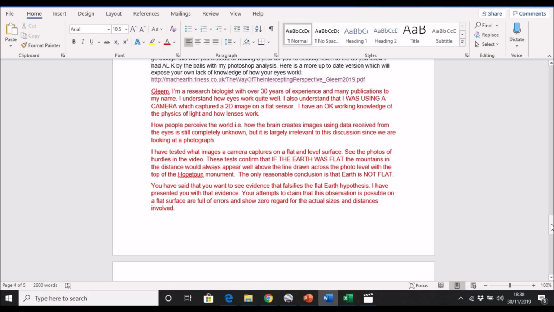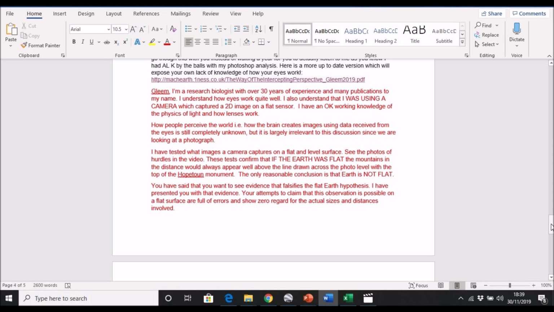So given those facts, there is only one reasonable conclusion to draw, and that is that the Earth is not flat. The fact that the observation matches spherical Earth predictions really well means that there's also no reason to think that the spherical Earth model, which matches all other predictions and observations, should be rejected. But this one photograph all by itself is enough for us to reject the flat Earth idea.